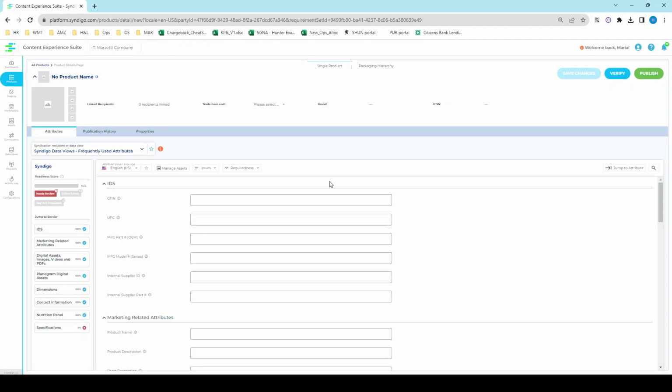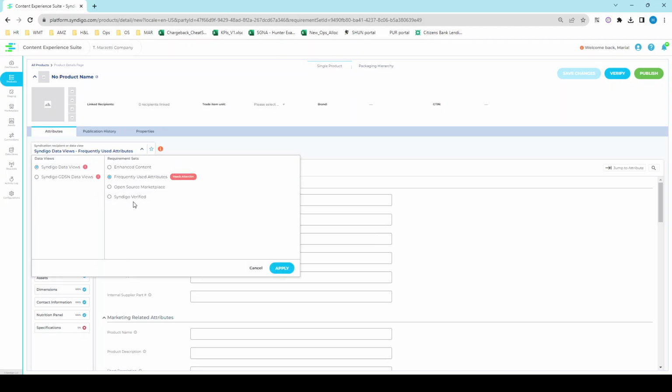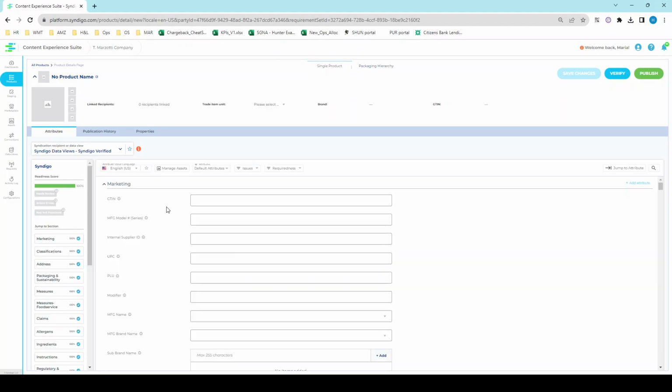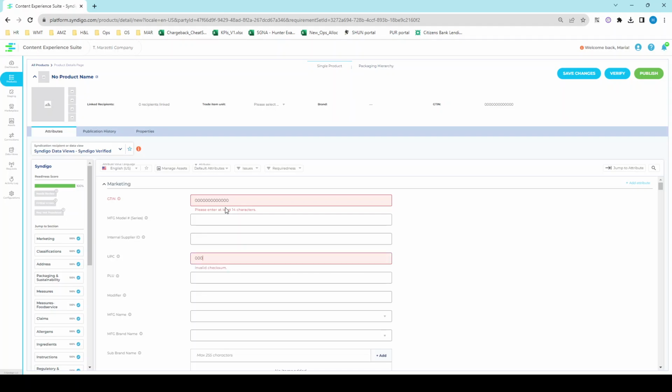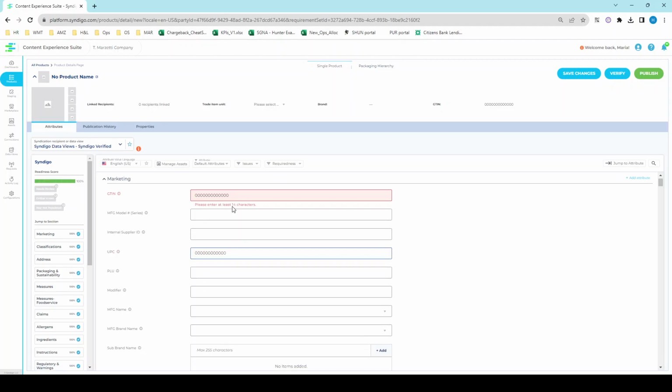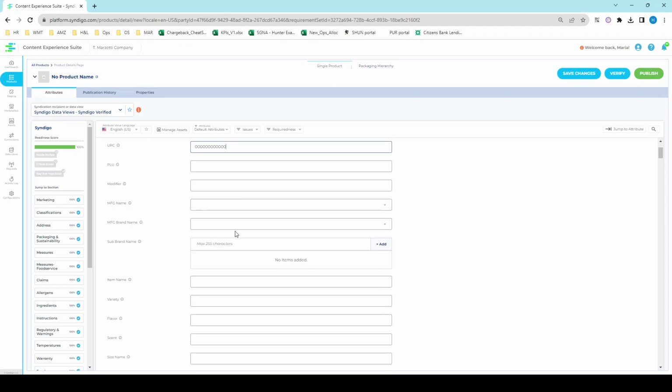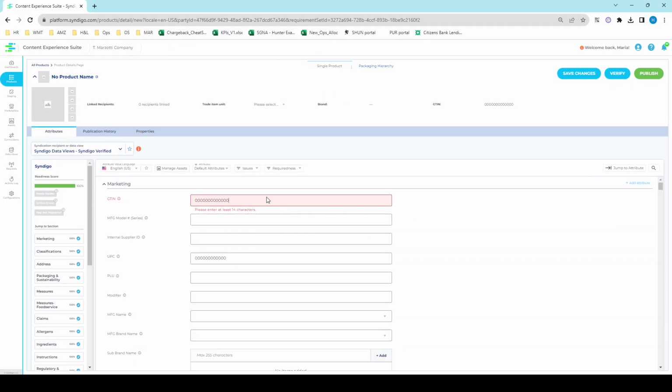In Syndigo, it is very simple. We are going to go to the drop down over here, hit Syndigo verified, and then all you're going to need is your GTIN. We're going to fill out our GTIN, and then might as well drop in your UPC, and fill out some basic information that you don't necessarily require. So all you really need to create a new item is GTIN,